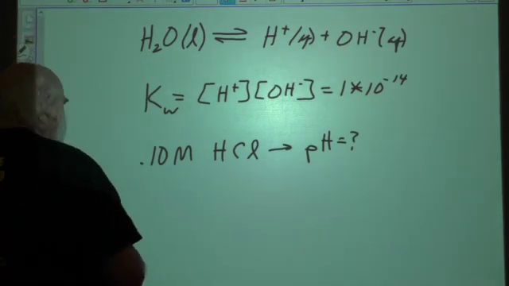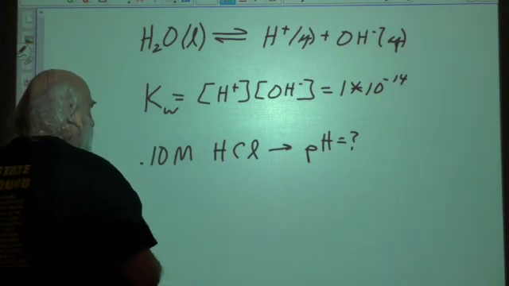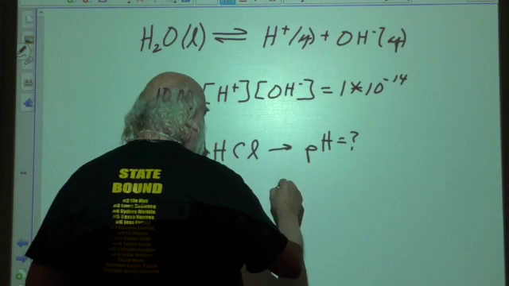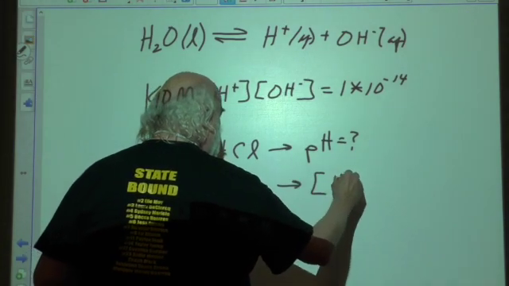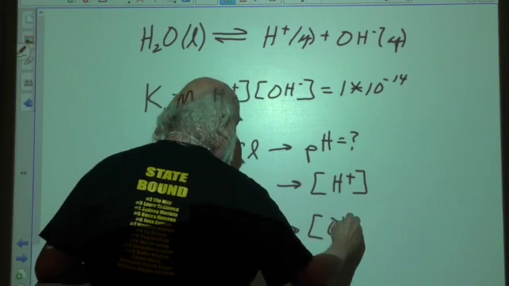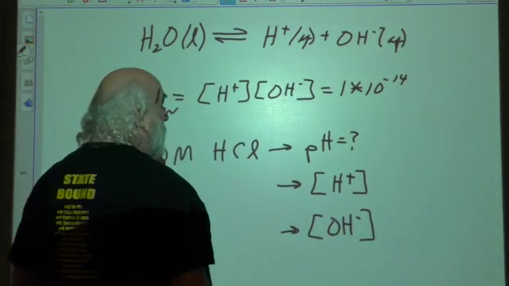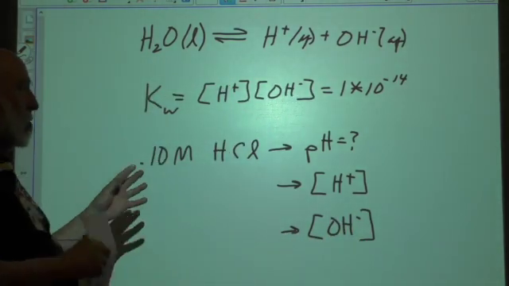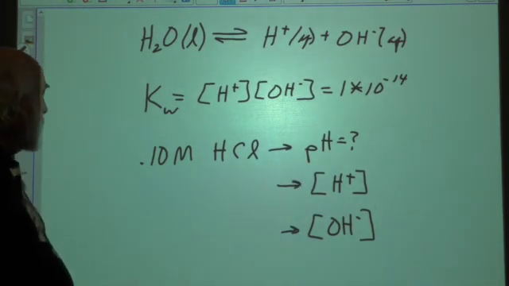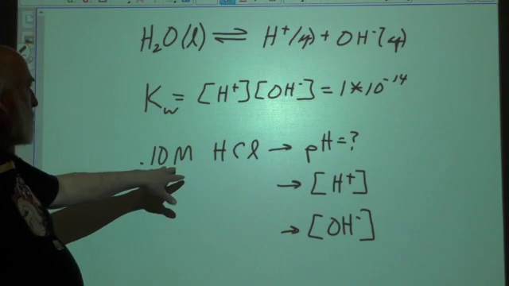Now, I can find the pH. I can also find the concentration of hydrogen, and I can find the concentration of OH, because they are actually all related. Now, we haven't talked about pH yet, so I'll come back to that. But I'm going to deal with these two right here. All right? If this is 0.10 molar,